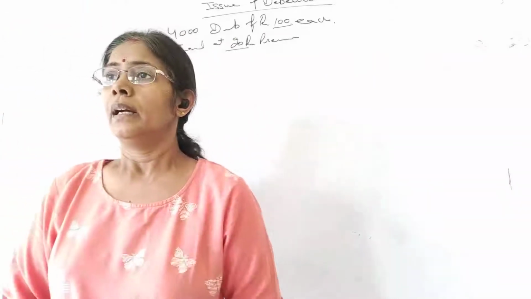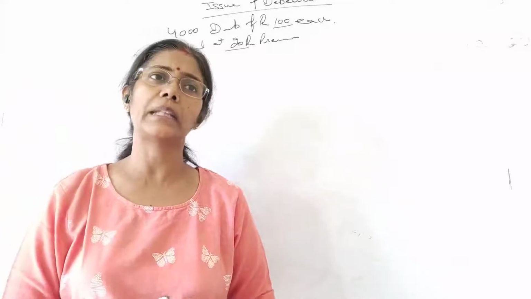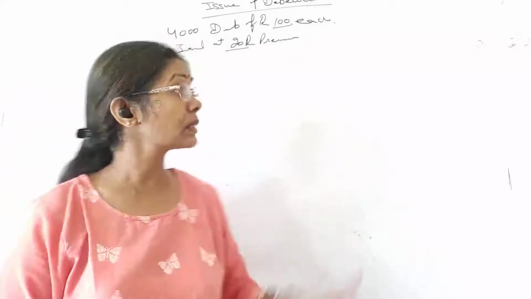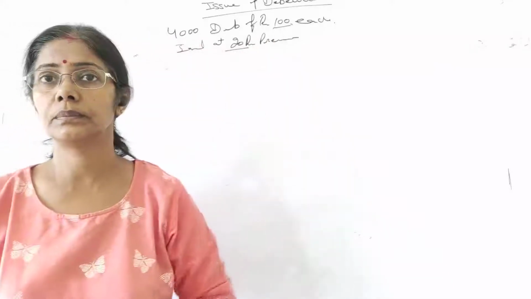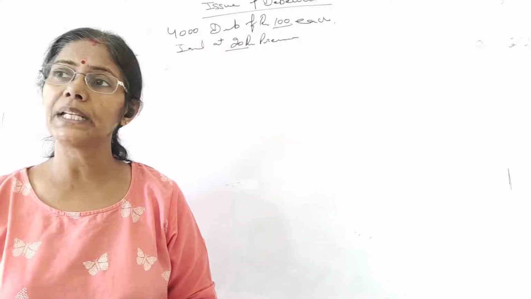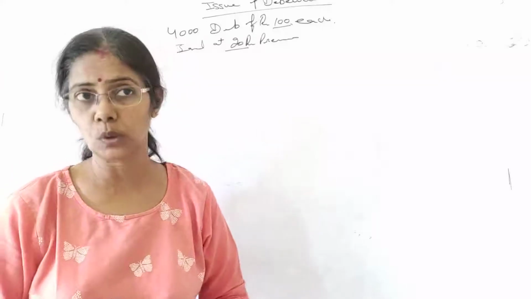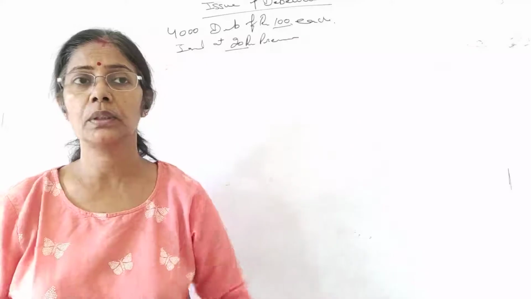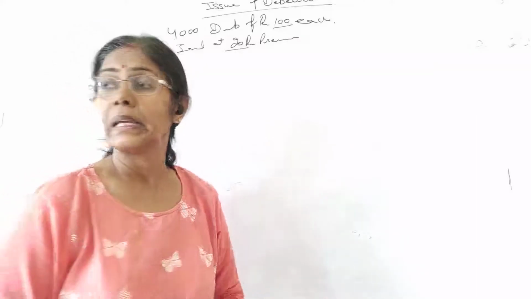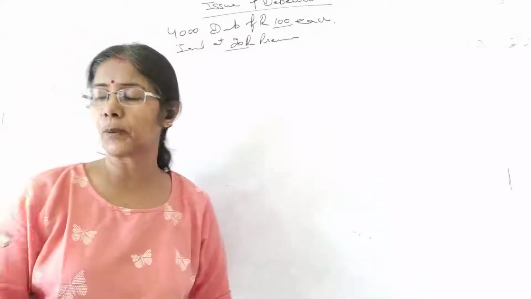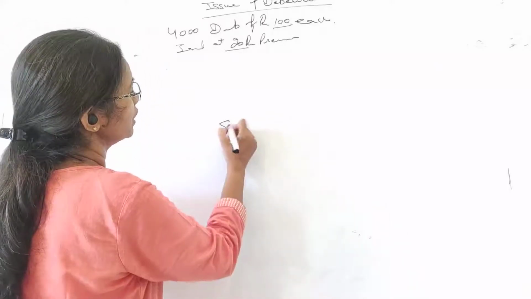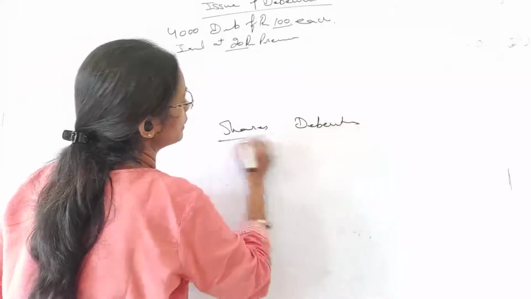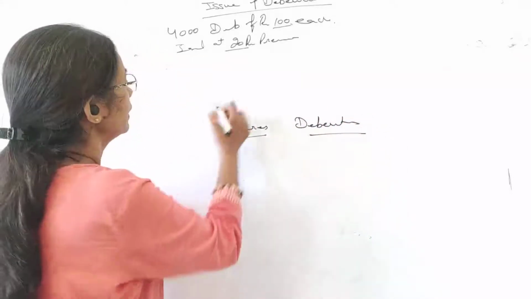Let me clear one more point, then we will take one of the questions or illustrations. Alright. This was issued at premium. Company can issue the debentures at discount also. Company is free to issue the debentures at discount. I've told you in the theory class. Alright. And you should keep this point in your mind regarding shares. And this is debenture. Sometimes students get confused.